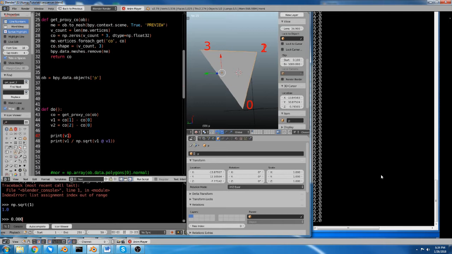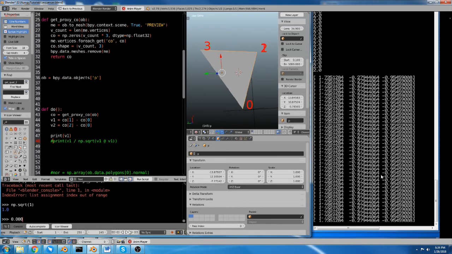Print v1, and don't print this for a second. v1 is currently 1.7 to whatever. I take 1.7 divided by the square root of its length, which is 2. So this divided by 2, this divided by 2, and this divided by 2. And now when I print that, I get this 3D vector